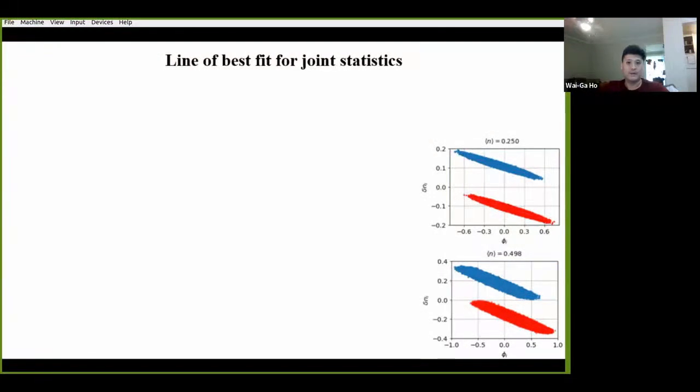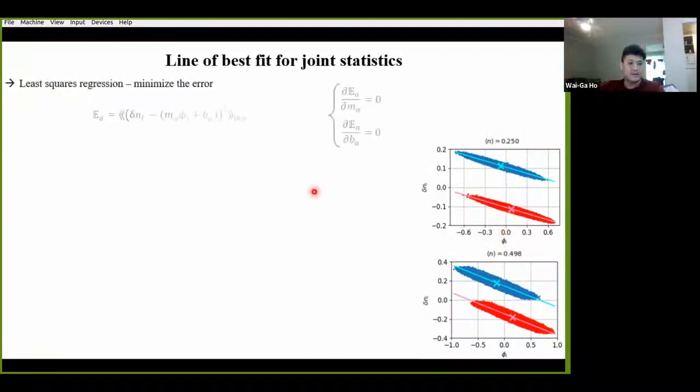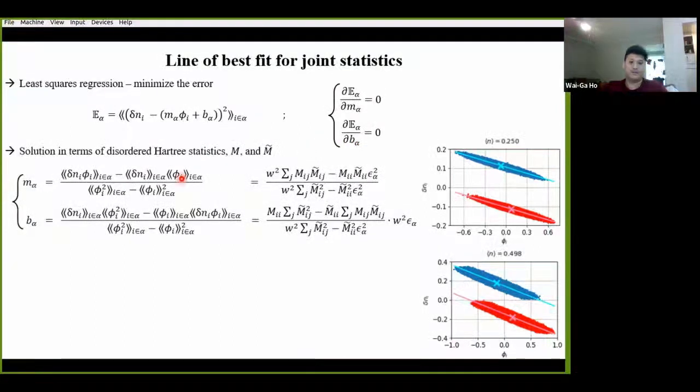All right. Now, how do I compute these lines of best fit? Well, what we have to do is we have to minimize the mean squared error of our data points from some line, call it m phi plus b, right? Just to let you all know, we're indexing everything with alpha, just so that we can resolve things by species and have a different line for the positive and negative species in this binary case. So the two optimization conditions are shown here, and we have two conditions, two unknowns, and we can solve this linear pair of equations in the following manner.